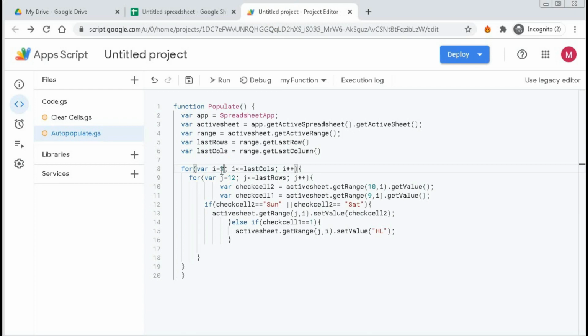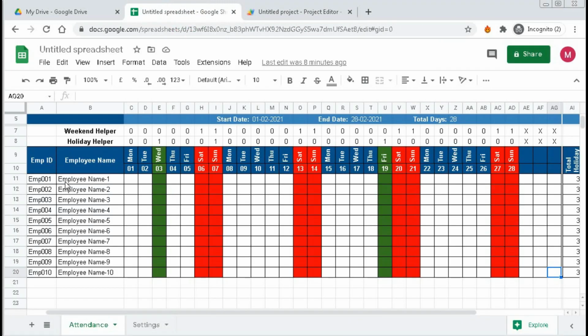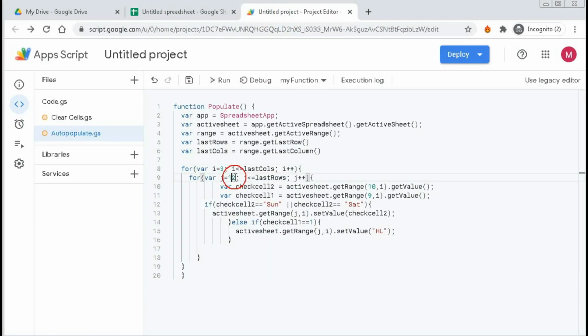That means it will check the fourth column, then the fifth column, until the last column. Again another loop starts for the row, j equal to 12, but in this case our row starts from 11, so it should be 11, and in the same way it will add 1 to j and check until the last row.